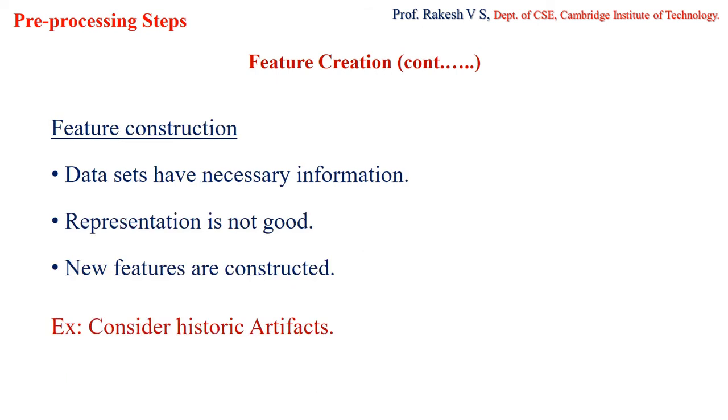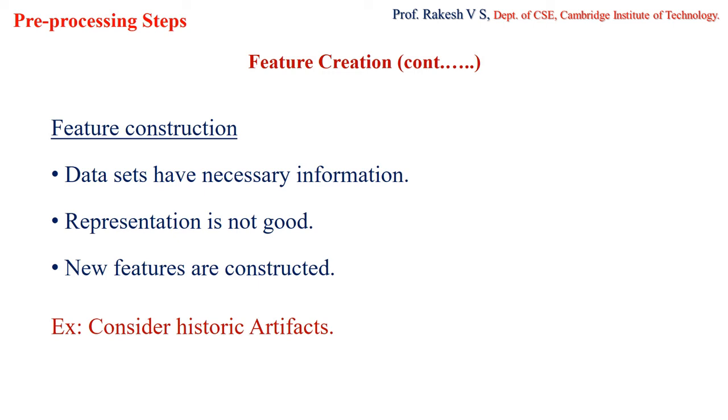So next thing in feature creation is feature construction. Sometimes original data sets have features which have necessary information, but they are not in a form suitable for the data mining algorithm. In such a situation, we can construct one or more features from the original ones so that it becomes suitable for the mining algorithm. So here, we are going to construct a new feature. That is, I have the data, but that particular data is not suitable for the analysis. So among the available data, I'm going to construct new data.